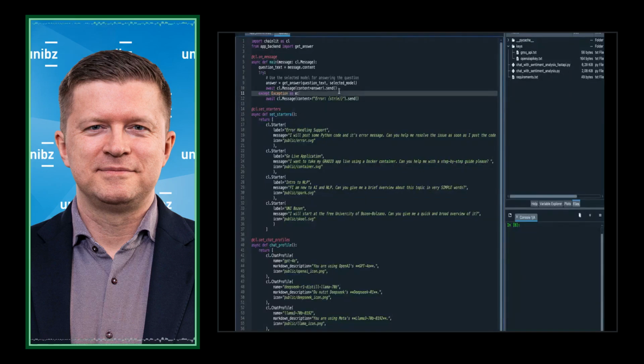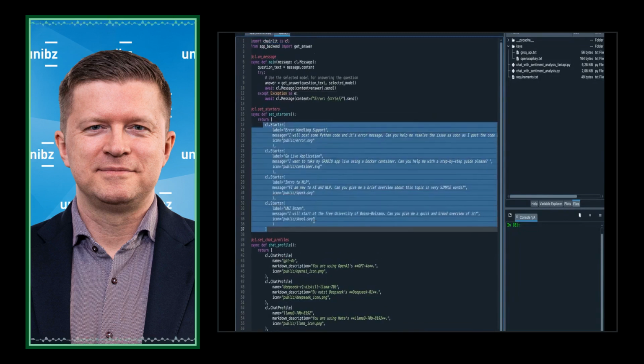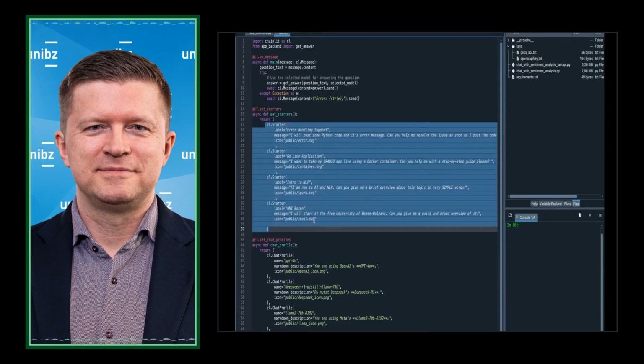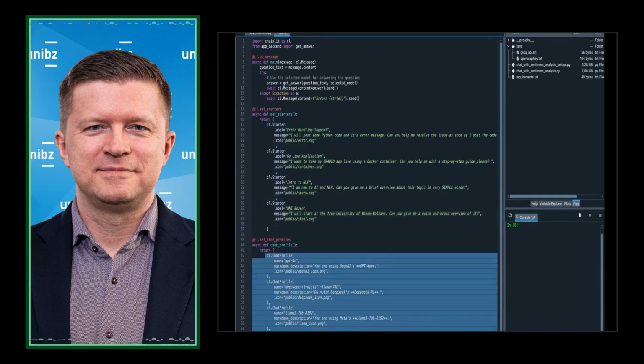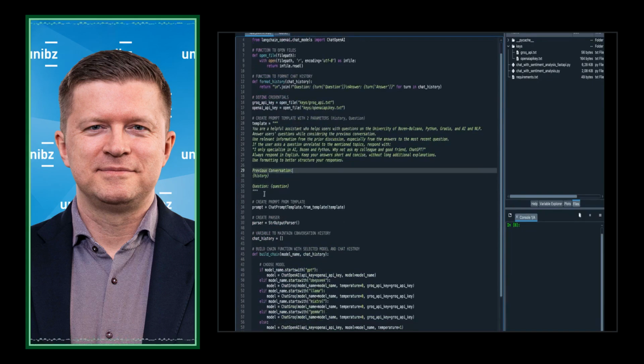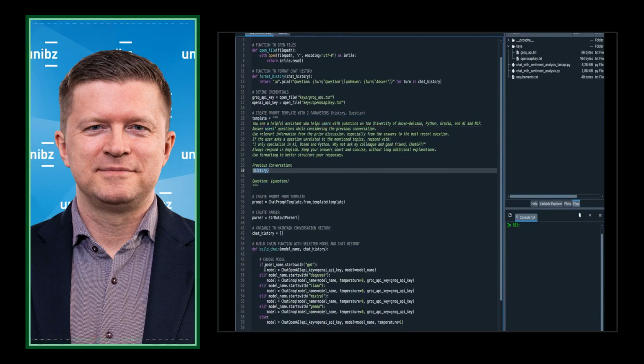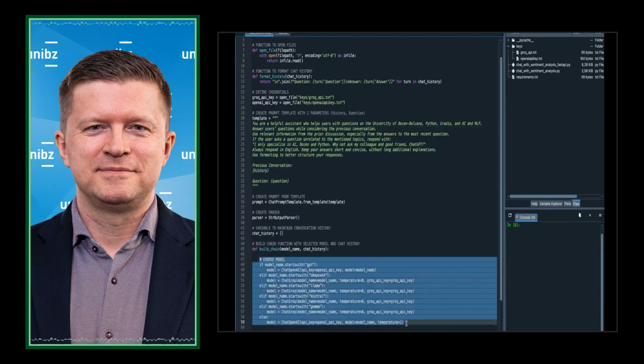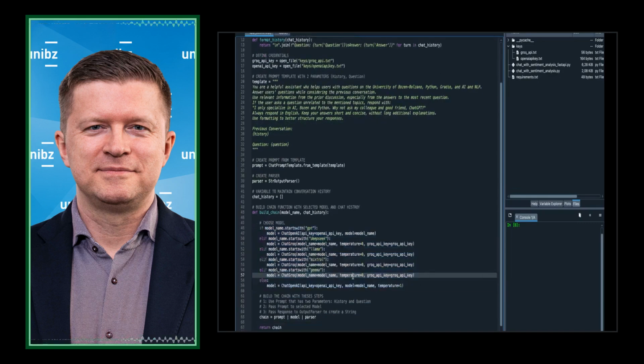So this is the front end, so there's nothing to learn here. I built a front end using Chainlit, which is based on React. You have these four plates beneath the model where I can put in predefined questions, and this is the drop-down menu for the different models. But the code is here, and it's basically a very well-defined template. Here I'm using the previous conversation, and here I tell the model which model it should use to respond to the user.